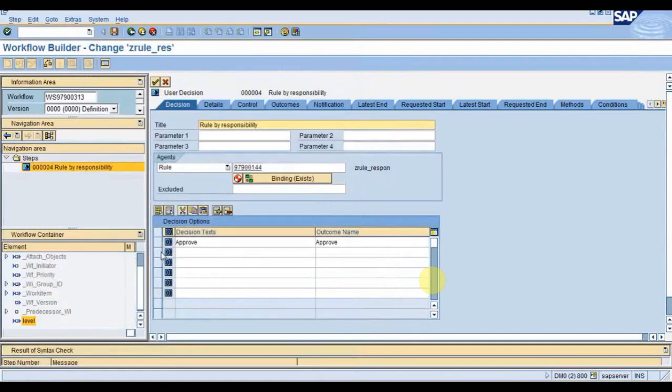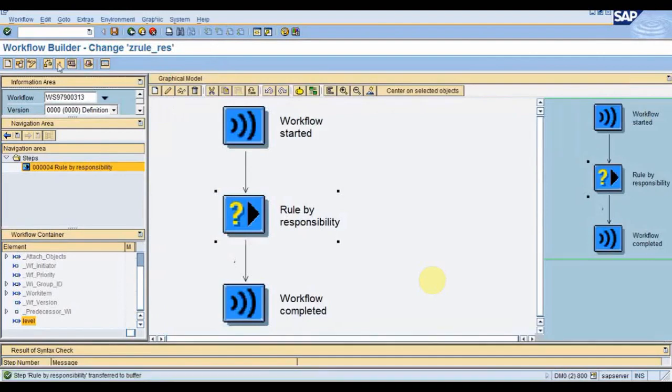We don't have to do any of the binding related to these agents, because the agents which come out of that rule will get populated in the expression tab automatically. We don't do the binding for getting those agents. We do binding only for importing parameters, not the exporting. Remember that, and click on enter. Now activate it.